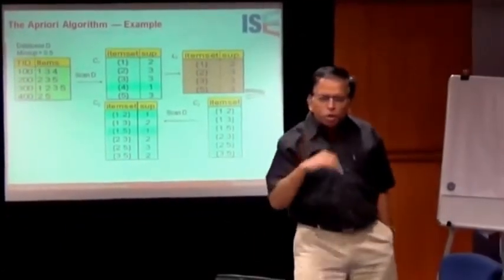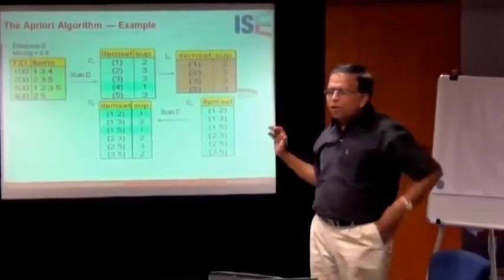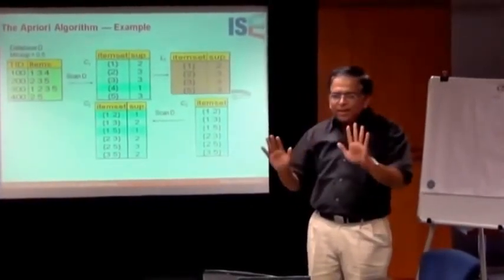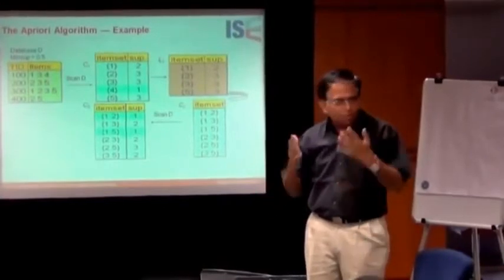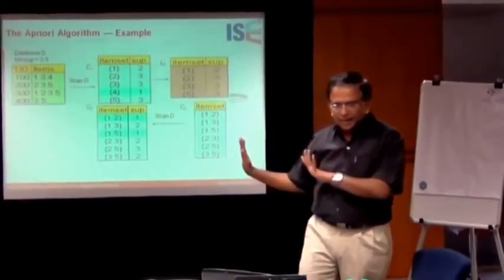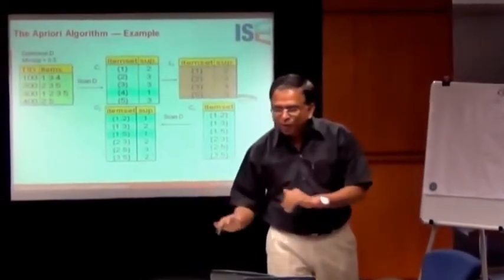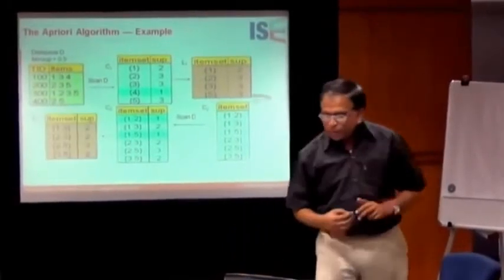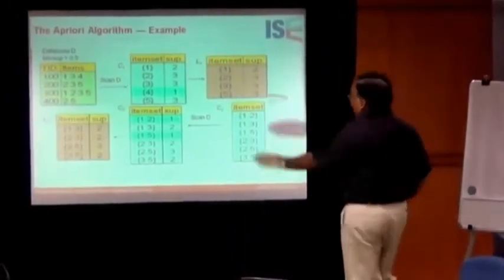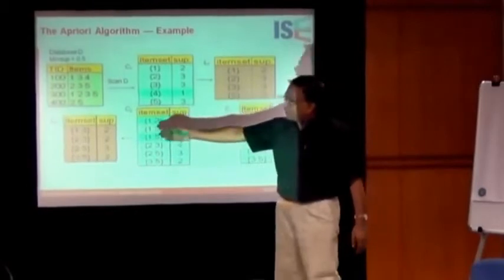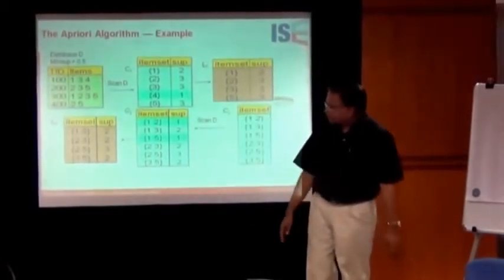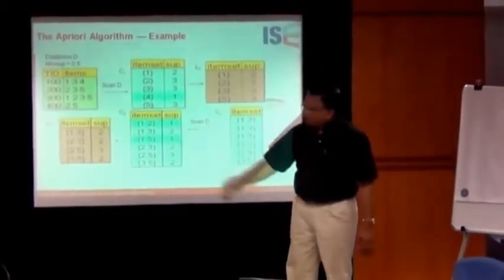I am deliberately going slow on this because I want you to get every step very clearly. Later we will be making variations of all steps, so it will get a little more complex. So we should be on firm ground here. We have taken out the blue entries and we have come to L2: 1, 3, 2, 3, 2, 5, 3, 5.